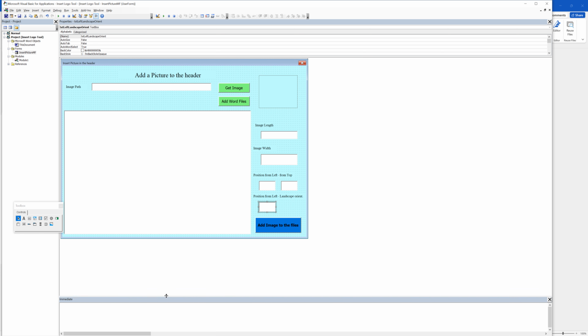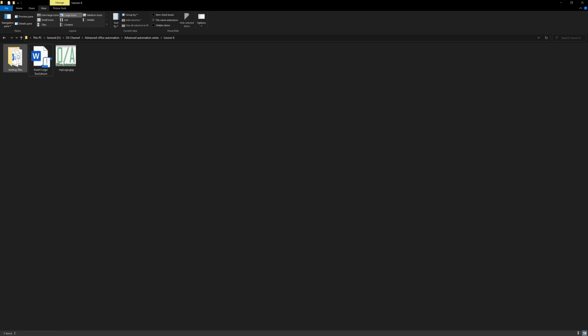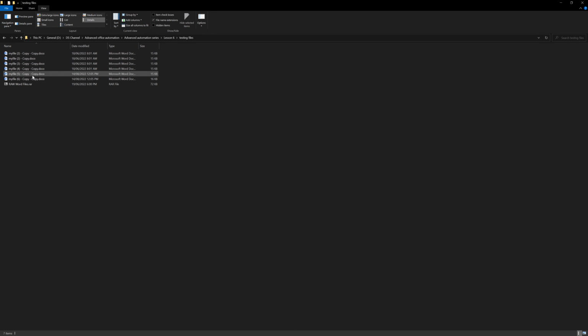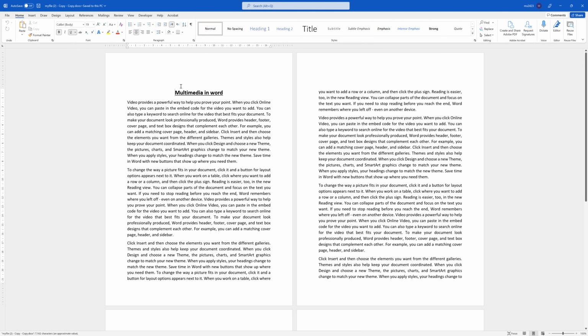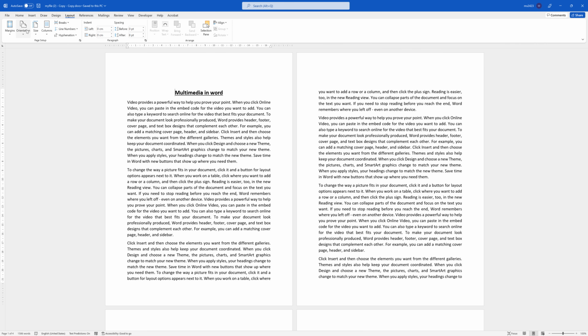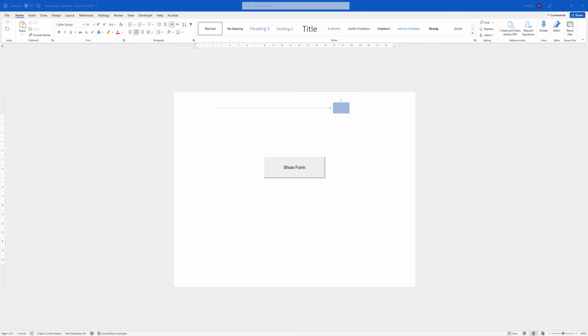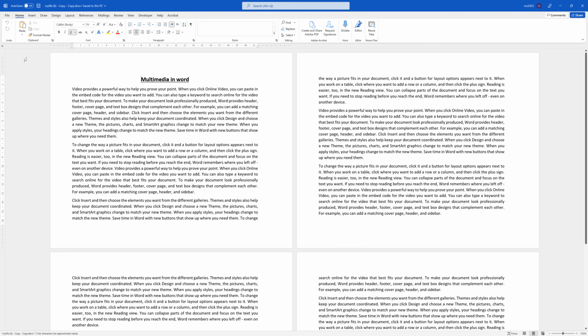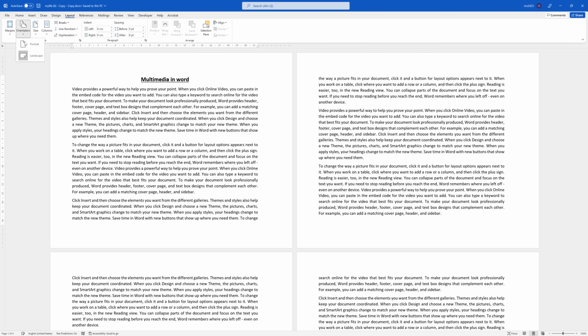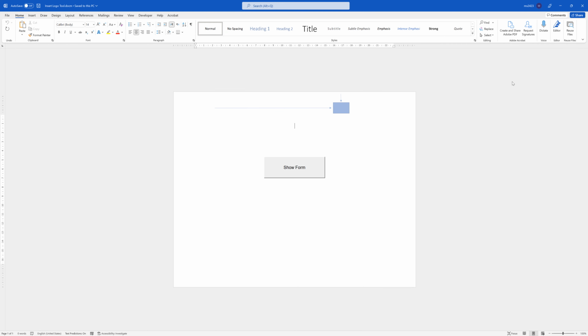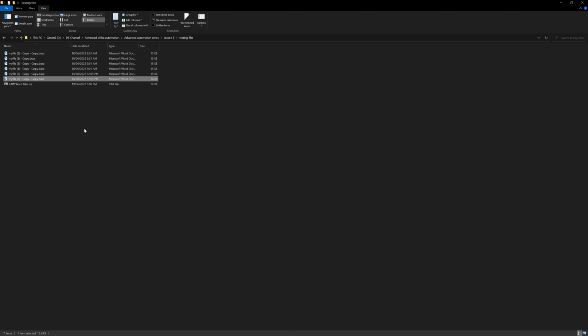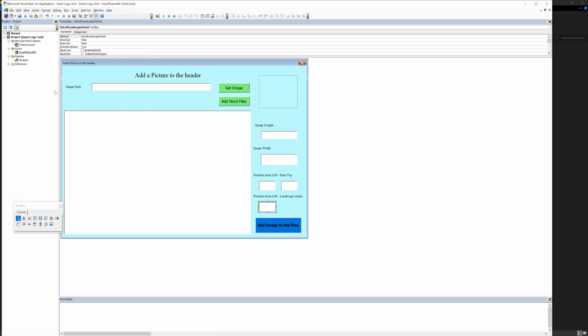consider the orientation. For example, we have some files here, and most of them have portrait orientation, and some of them are landscape. So as we can see, we should consider a different distance if it is a portrait and if it is a landscape. So what we have done with these files that we want to insert the logo in them, and what we